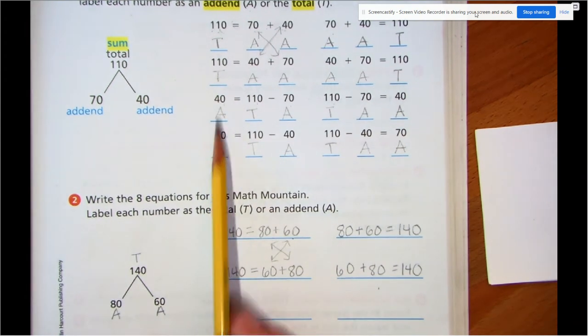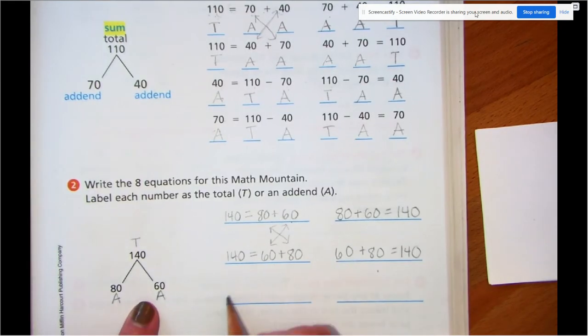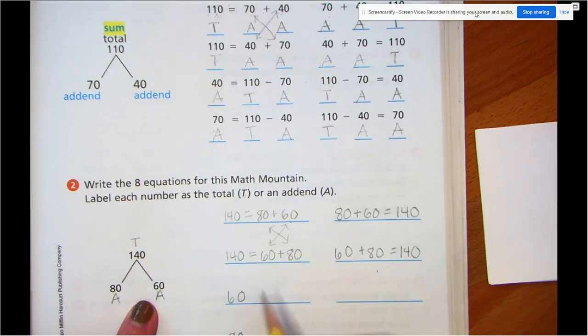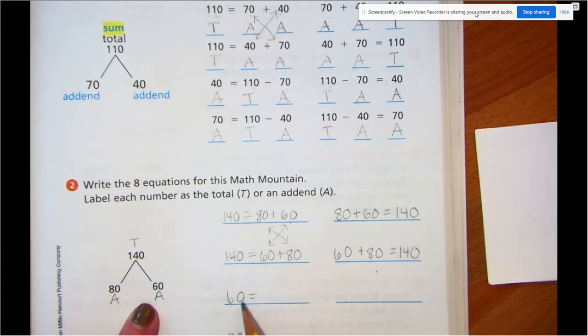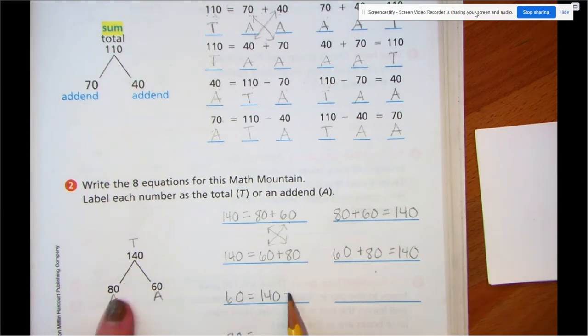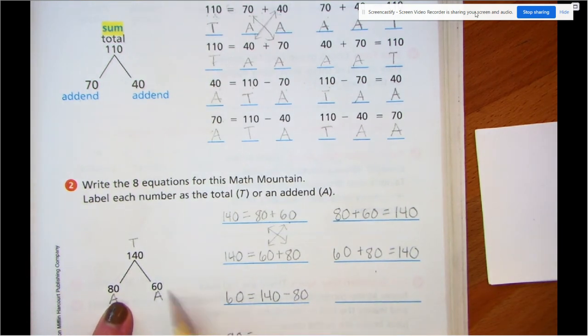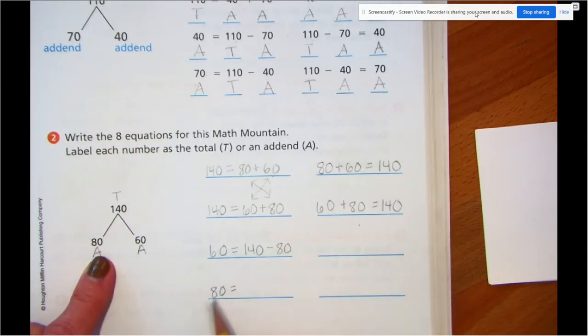Now, we're going to start with our addends. Okay, one of our addends is 60. The other one is 80. Right? And they're both going to equal a subtraction problem. So if I start with 60, I'm left with my total 140, and I have to take away the 80. I want to make sure I have all 3 numbers as part of my equation because they're part of that same math mountain. Okay, so now if I start with 80,